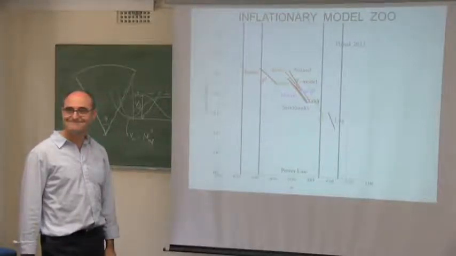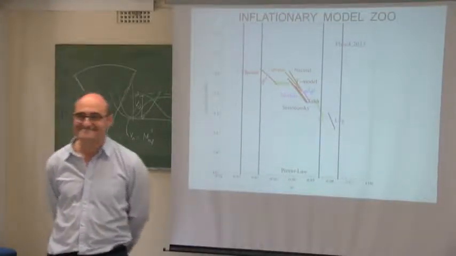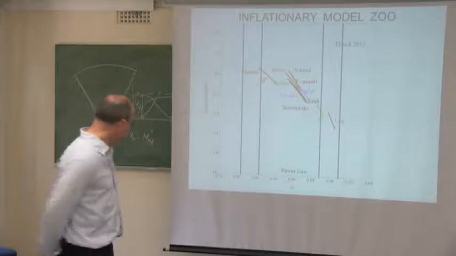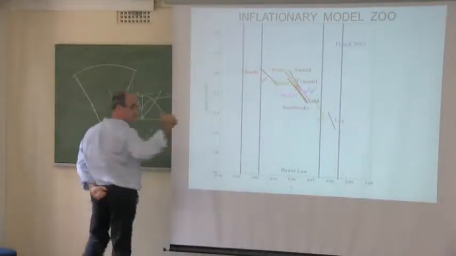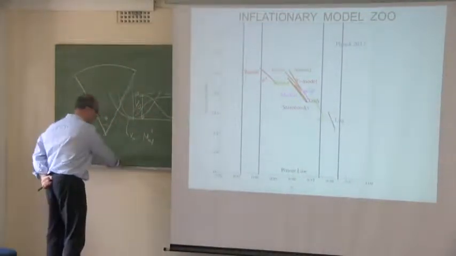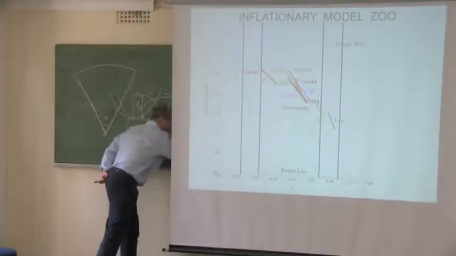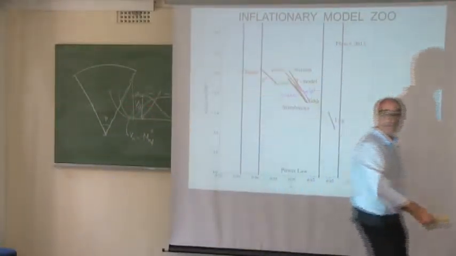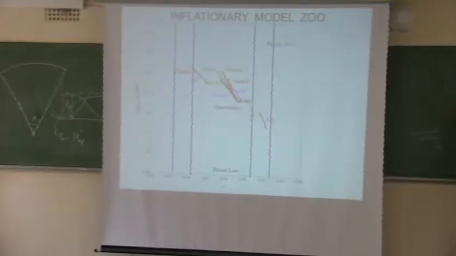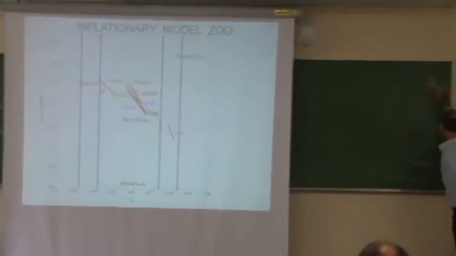Isn't it hard-coded into the inflationary paradigm that it doesn't allow you to get such a value? No, because the only thing we measure, and that will be crucial for tomorrow when we talk about primordial black holes, because the only thing you measure are 10 e-folds. Something could happen beyond those 10 e-folds.